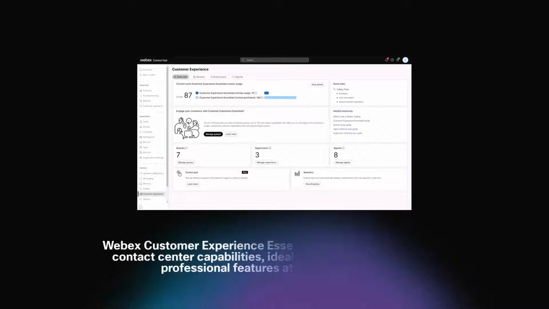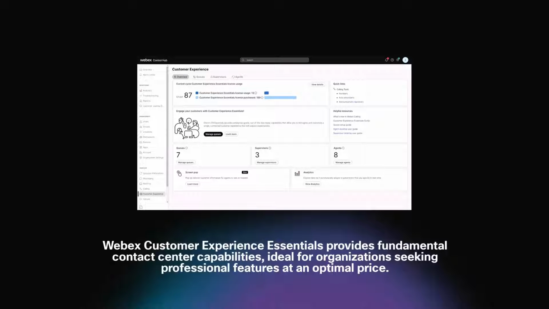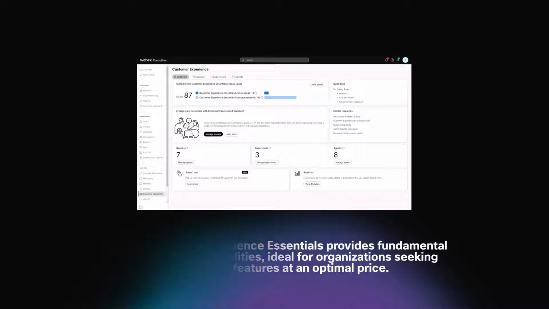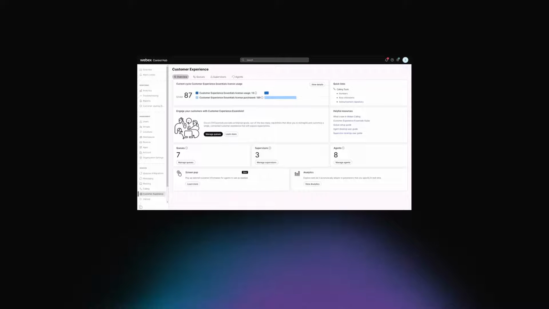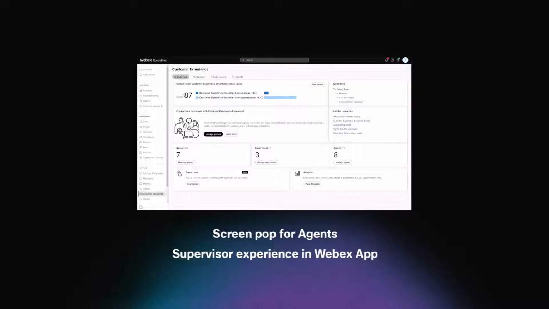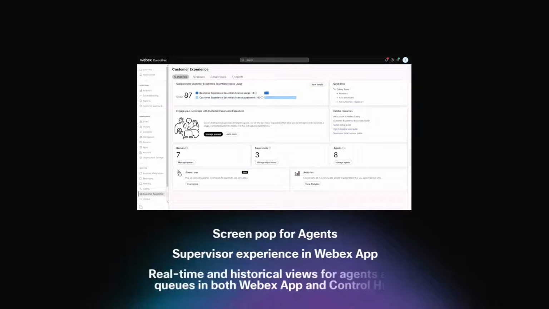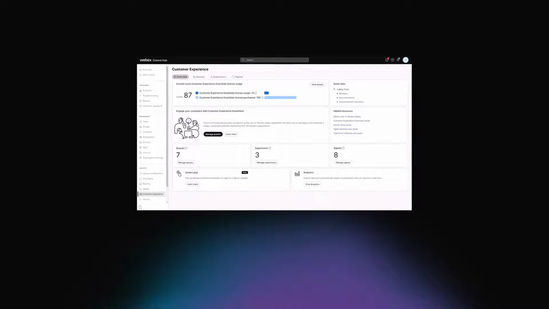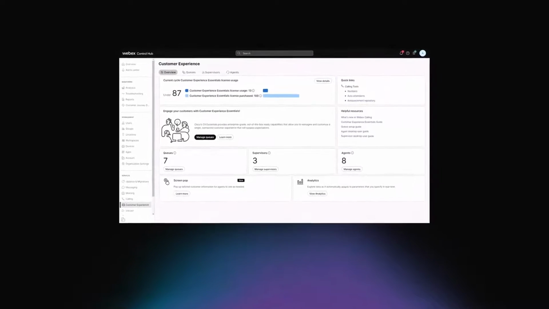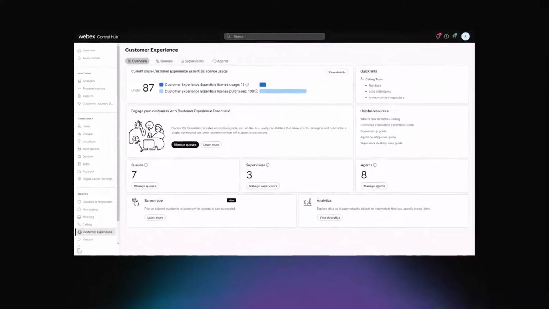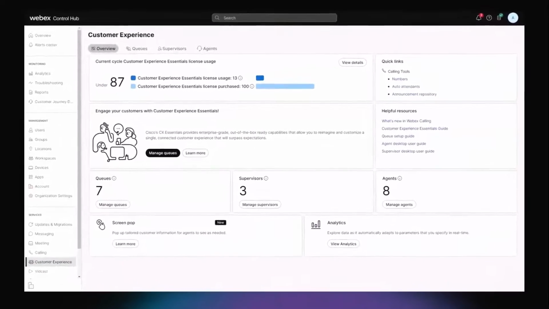Webex Customer Experience Essentials provides fundamental contact center capabilities, ideal for organizations seeking professional features at an optimal price. It includes all Customer Experience Basic features and adds key functionalities like screen pop for agents, supervisor experience in the Webex app, and real-time and historical views for agents and queues in both the Webex app and Control Hub. You can easily upgrade an existing call queue from Customer Experience Basic to Customer Experience Essentials to take advantage of